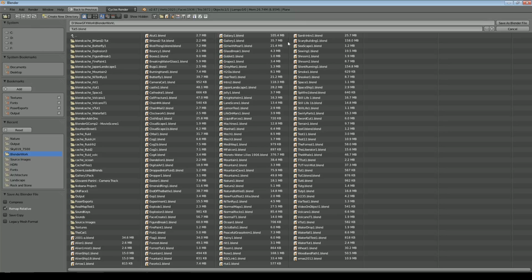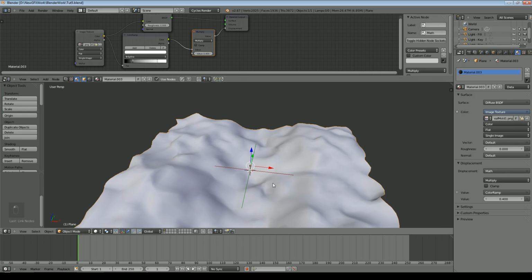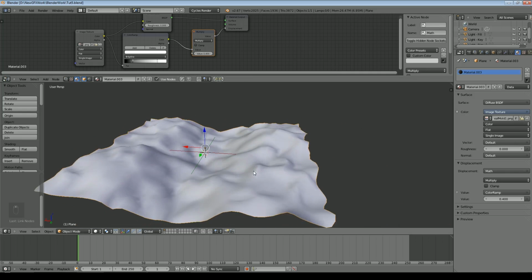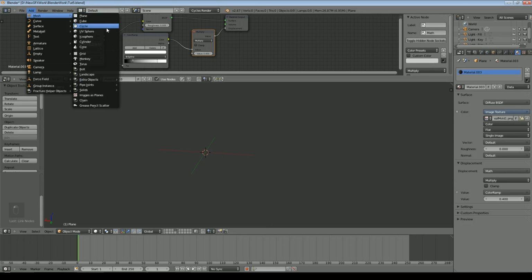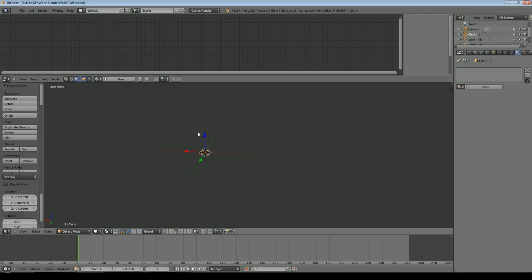And now what we need to do is to start to build up other things to go on this ground. So if we go to another layer, and I'm going to build a tree to start with. So we'll add a simple, I think we'll start with a circle. It's one I commonly start with. It does for a lot of these sorts of shapes, and we'll get rid of that window up there.